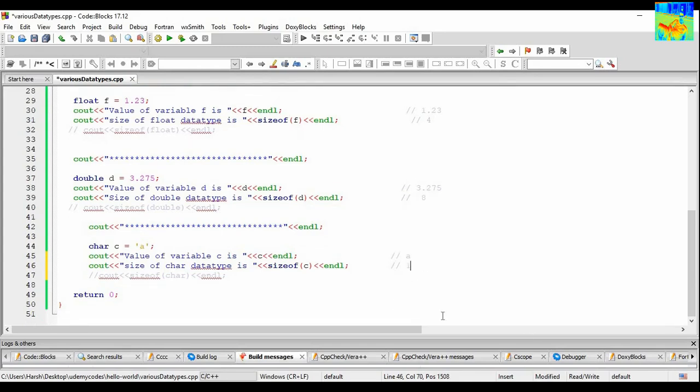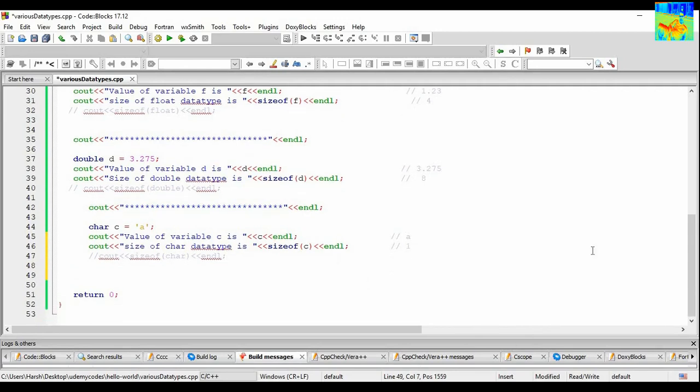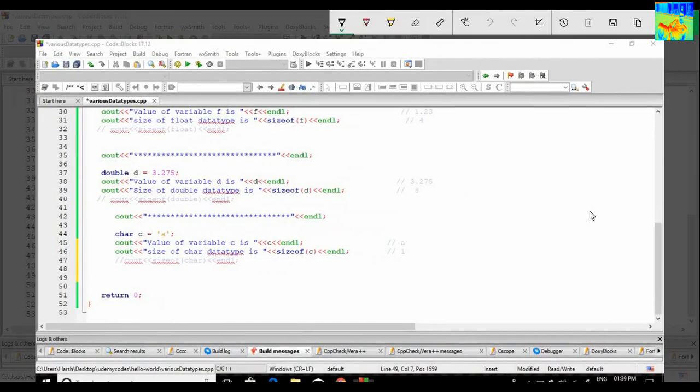Sometimes you just want to store whether something is true or false. In that case, what will I use? I will use the data type bool. I will write bool b equals true, or you can write bool b equals false.